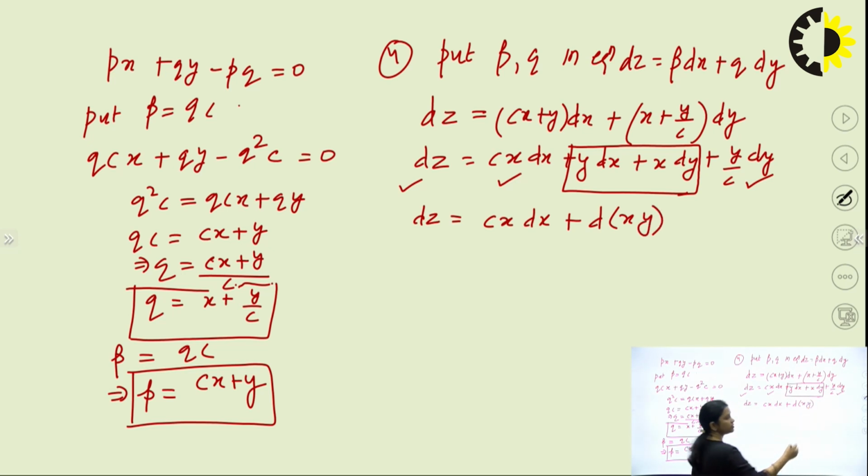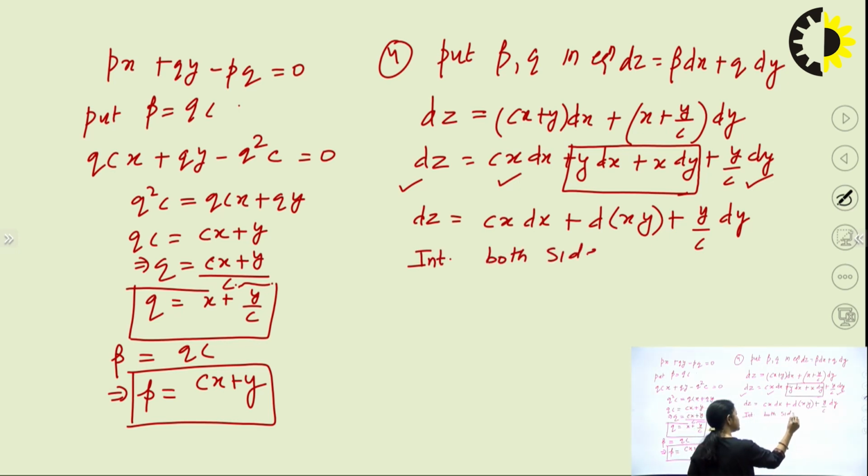of xy. See, by the product rule, if we differentiate x into y, then we will obtain y dx plus x dy. So by the product rule, we can write y dx plus x dy as the derivative of xy. And now it is in direct integrable form. We can solve this term by just direct integration. Okay, now what we have to do? Just integrate